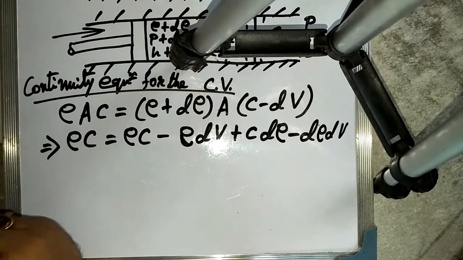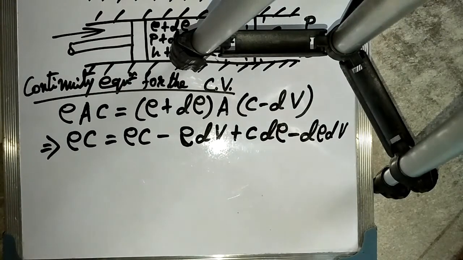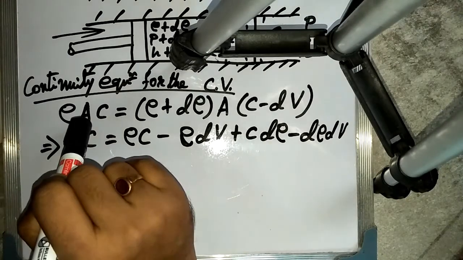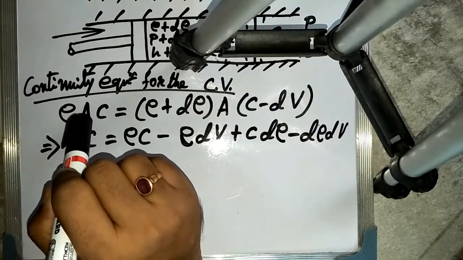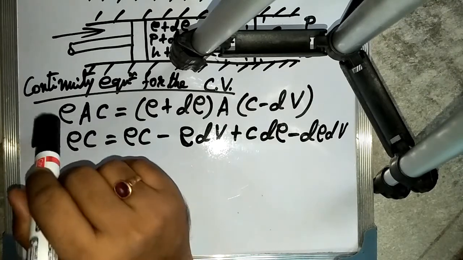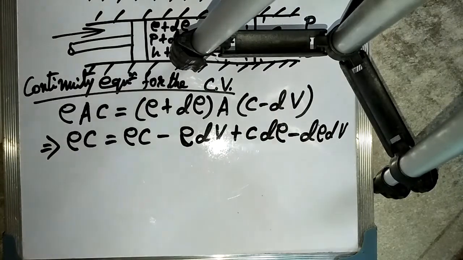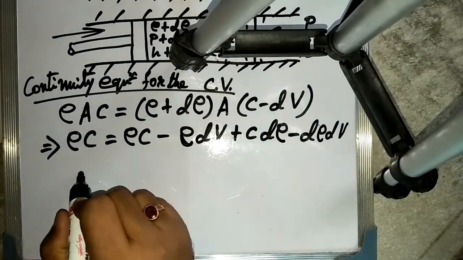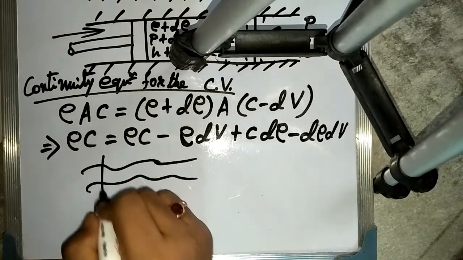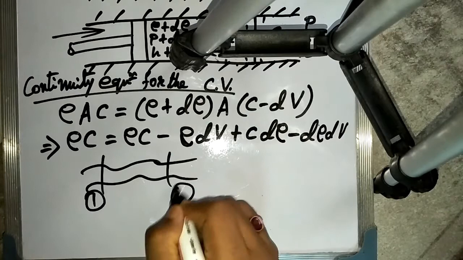I am telling you one thing. This continuity equation is the equation that you have already learned in fluid mechanics in basic physics. The continuity equation is nothing but a multiplication of density, cross-sectional area and velocity, or we can write the cross-sectional area into velocity by the specific volume. The reciprocal of density is specific volume. So for a fluid flow in a pipe or any kind of cross section, suppose this one is cross section 1 and this one is cross section 2.